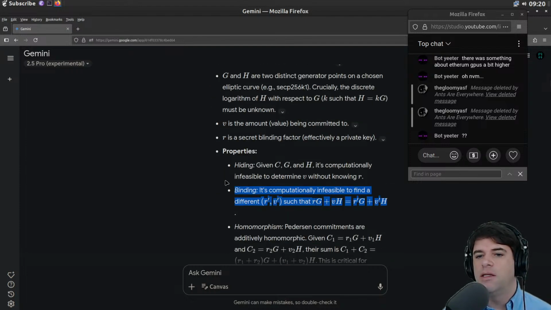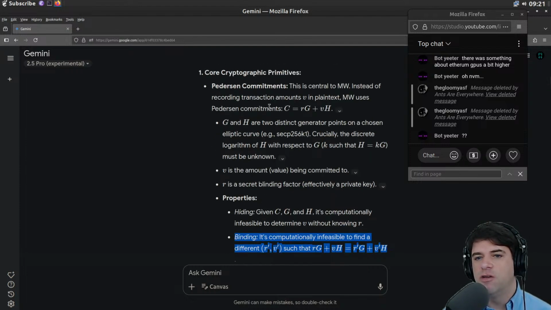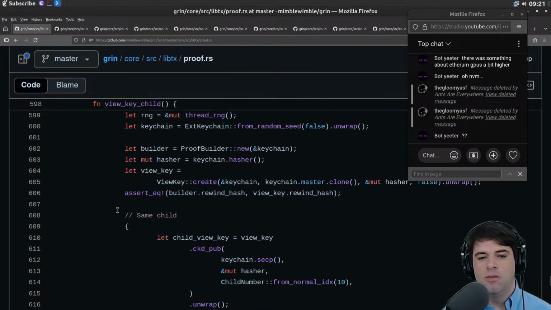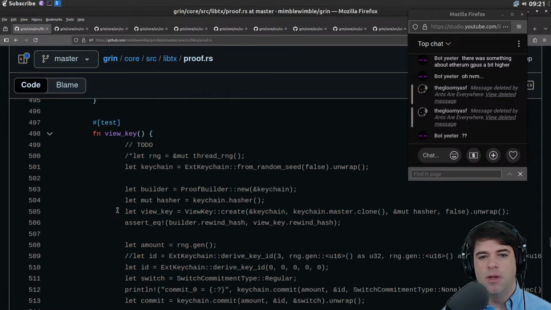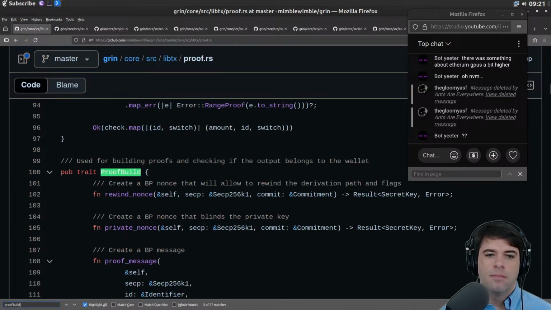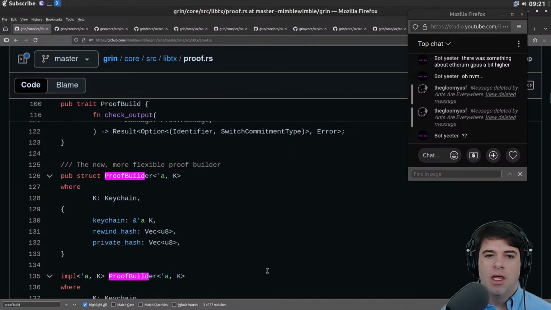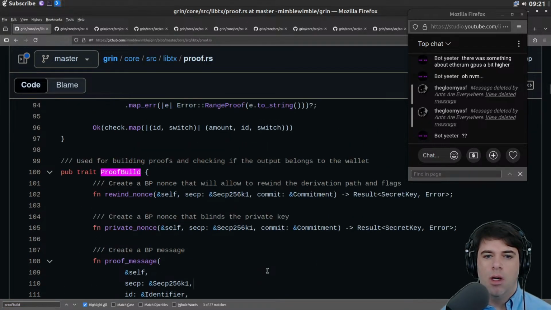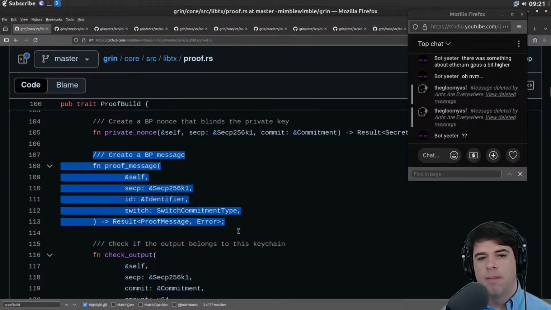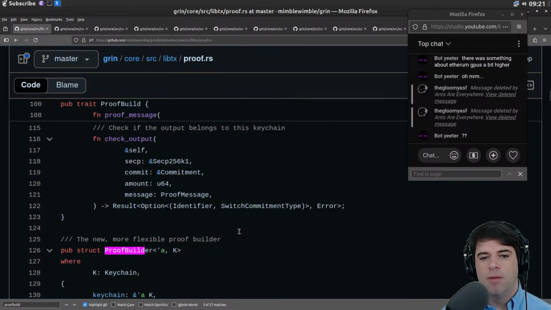This is saying blinding seems to be a feature of the commitment itself, but maybe there's another step, or maybe this is computing something that's needed for the commitment. And then we have the ability to create a proof message and check the output.